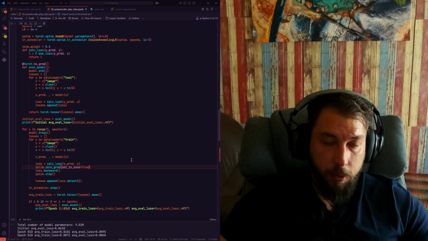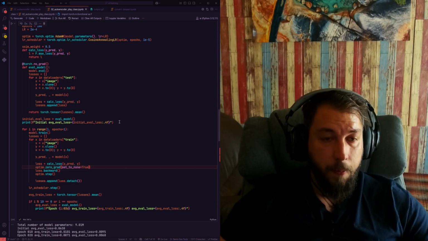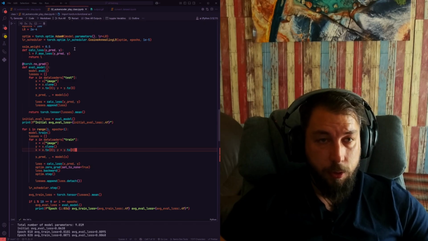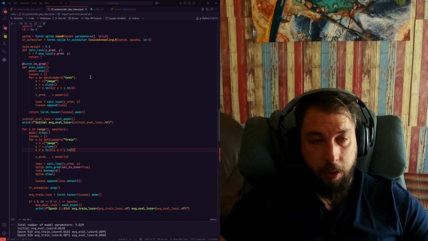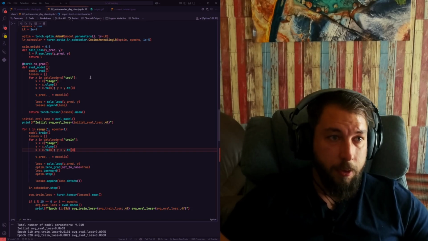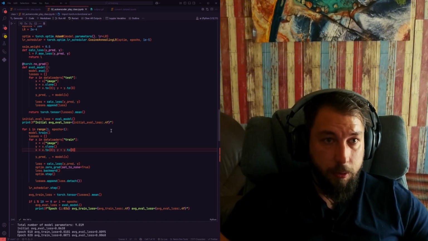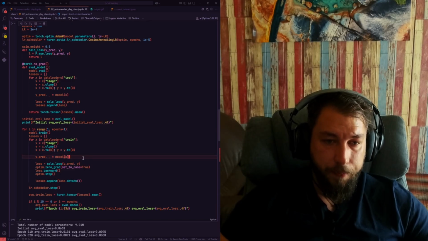And you can try and run your model. It's a good idea to run the model after each variable change, because if you are changing too many variables at once, you won't know what helped and what was counterproductive. But I'm going to change Adam to AdamW. I'm going to add the learning rate scheduler. And one more trick,